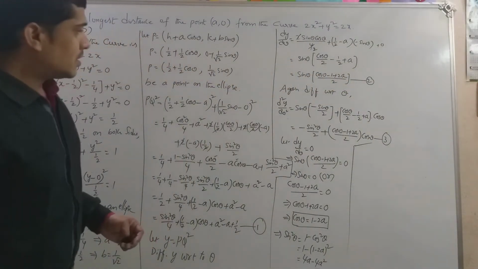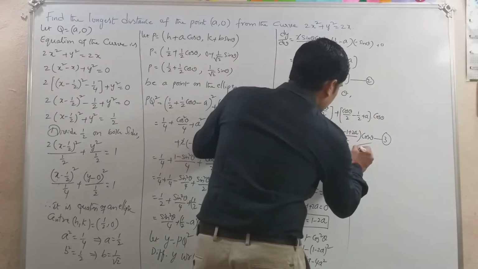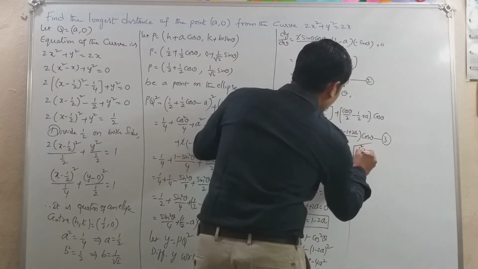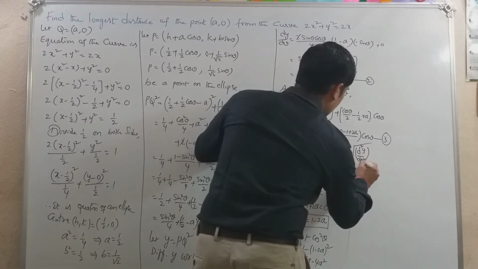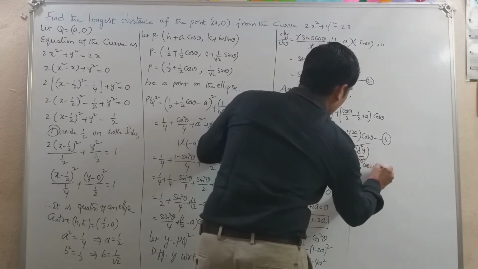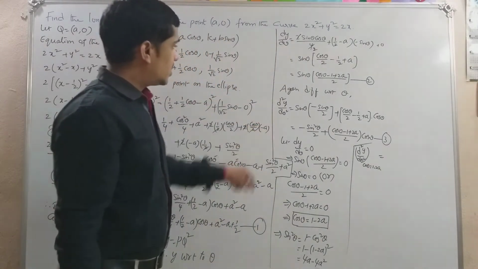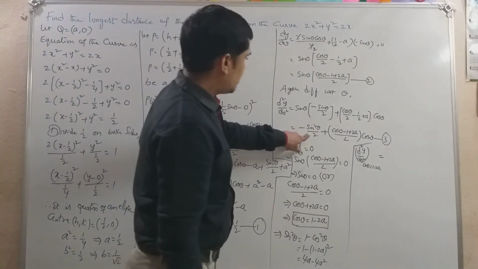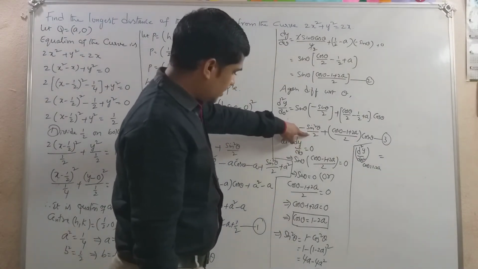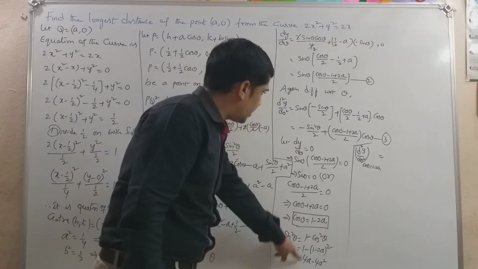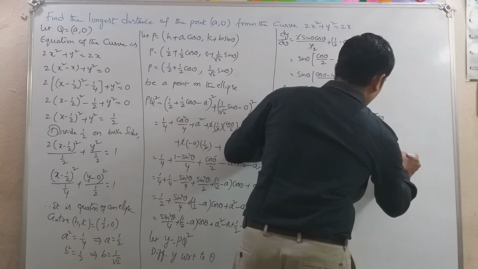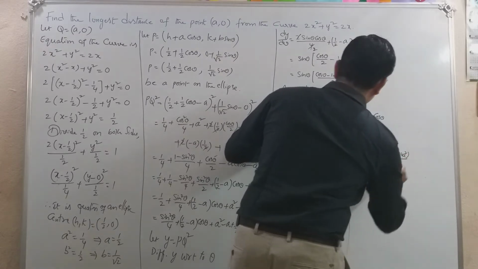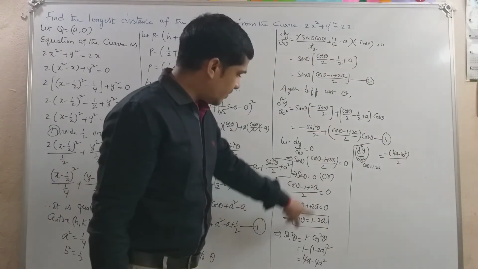Okay, so I am finding d square y by d theta square at cos theta equal to 1 minus 2a. Then minus sin square theta; the sin square value I already found, so it is minus of (4a minus 4a square) by 2. And the cos theta value is 1 minus 2a.